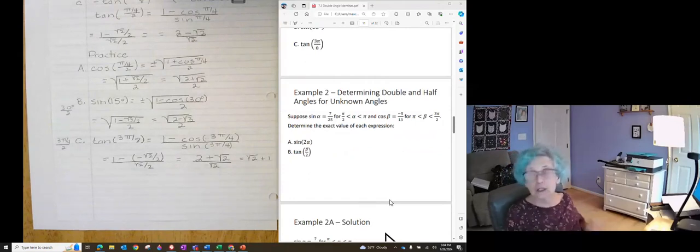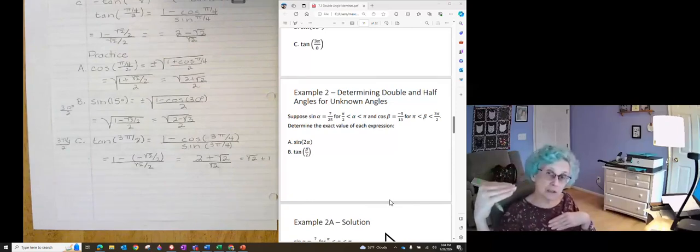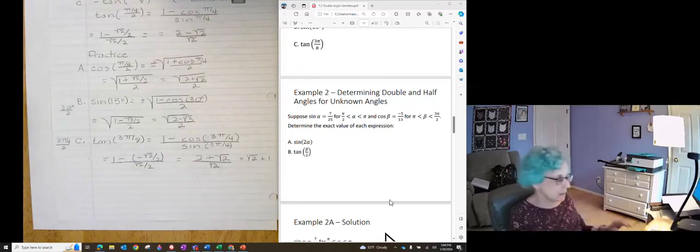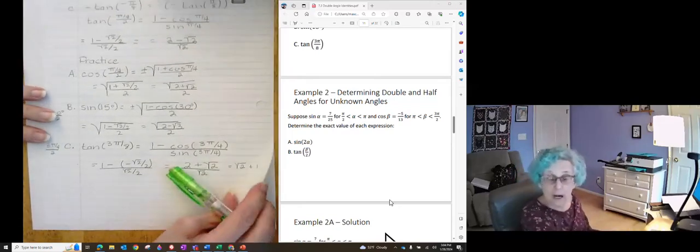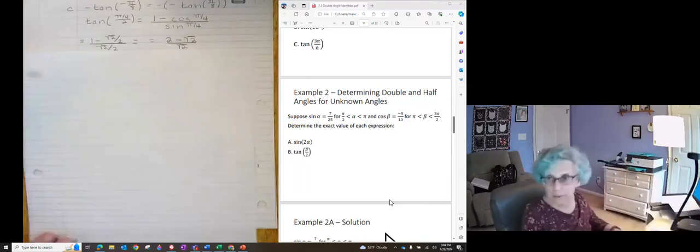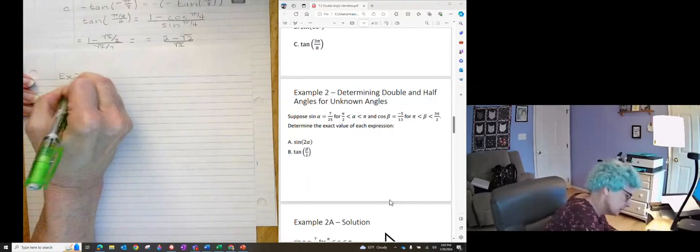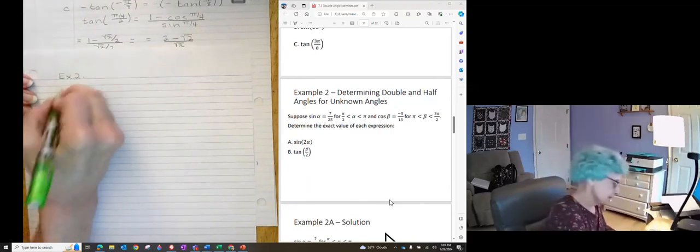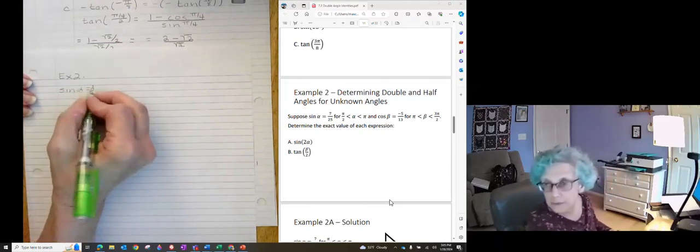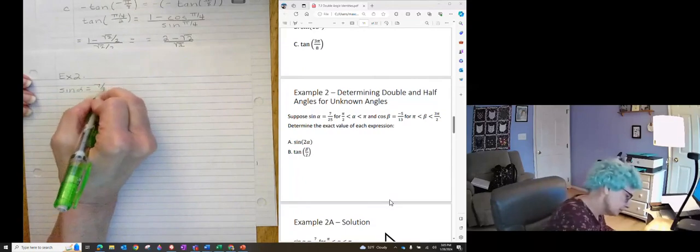Now, unknown angles. So kind of like the last section, we started with the special angles, then we went with the ones that we had to use the Pythagorean identity to get our alphas and betas. So we'll start by getting our alphas and our betas, and a sheet of paper. So this is example 2. I have sine of alpha is equal to 7 over 25,